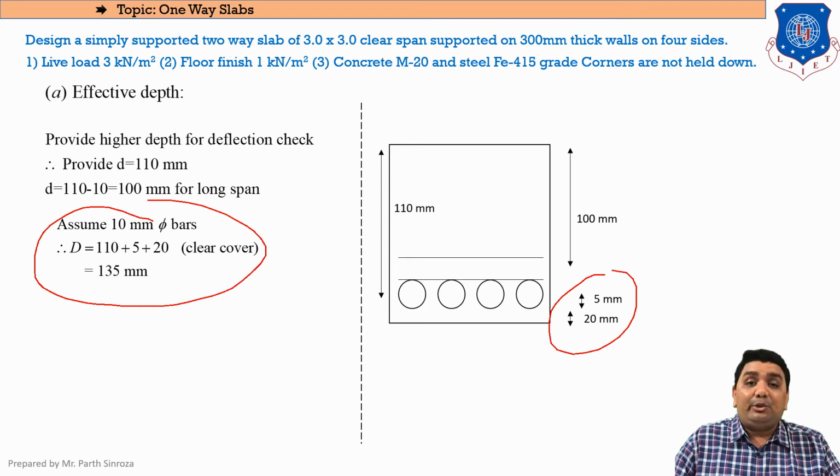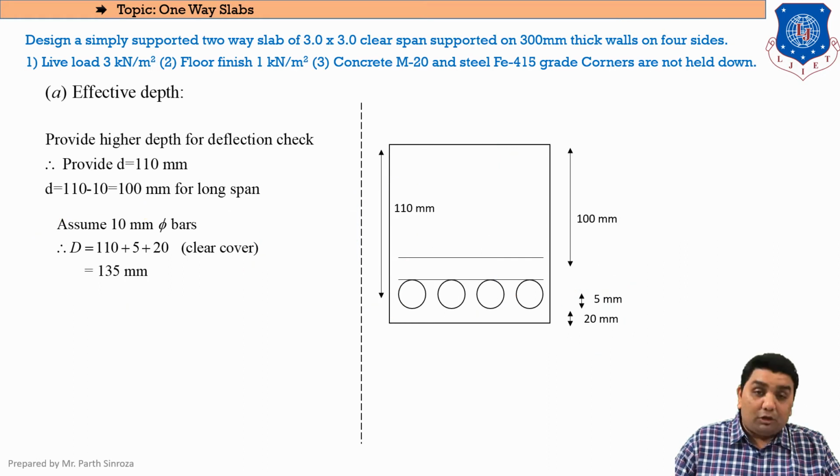Now why haven't we substituted 100 in this case? Because as we know, 100 and 110, which of these values is higher? So 110 is the higher value, so up to this distance 110 is already covered. So we just need to find this distance to find the overall depth of the slab. Clear? So 100 is not prescribed or taken in the equation for finding the overall depth. For overall depth, we will always be using the dx depth. So in this case, our overall depth comes out to be 135 mm. So this was our first change with respect to a one-way slab and a two-way slab.